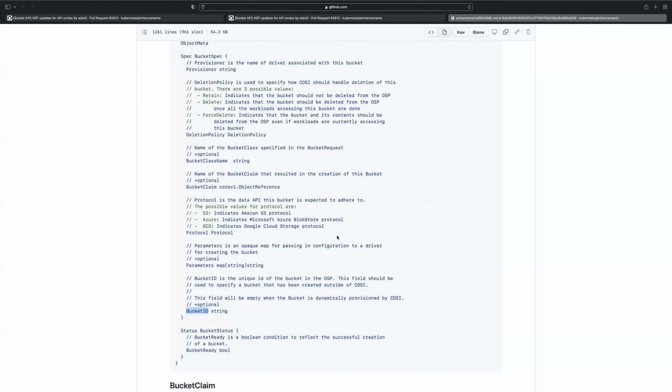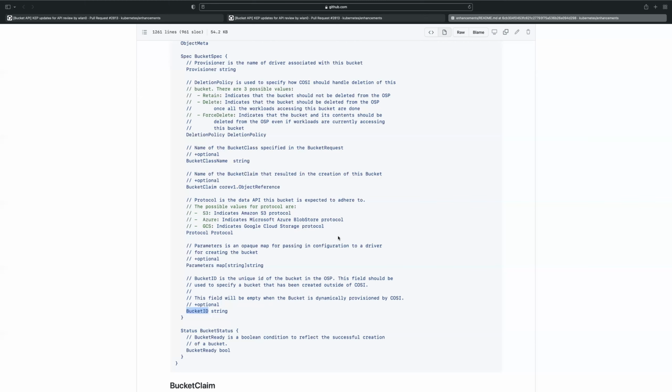I do like the idea that was brought up from prior experience of having a source sub-spec, where we can choose whether the source of this bucket is a new creation, or a pre-existing bucket.